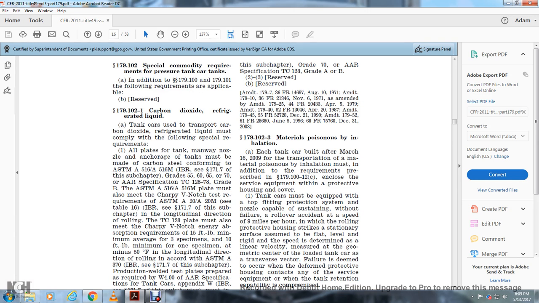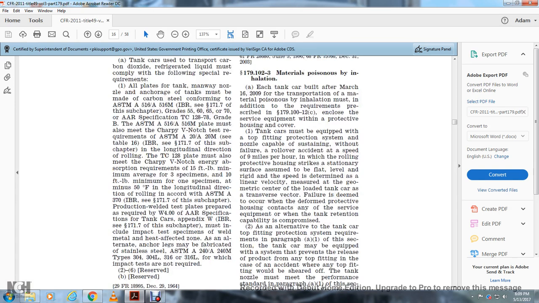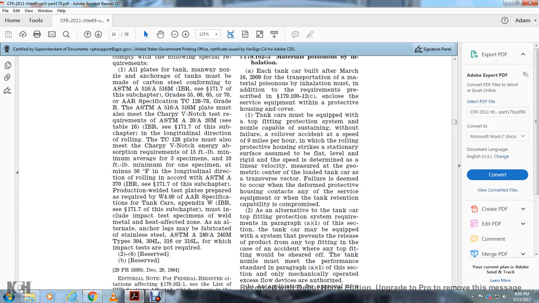See table 16 IBR 171-7 for the subchapter longitudinal direction rolling TC 128 plate must be in sharp EV energy. Absorption requirement of 15 pound for the minimum average of 3 specimens for the town, 10 foot-pound for the minimum of 1 specimen at a minus 50 degrees Fahrenheit. Longitudinal direction rolling according to the ASTM A370 IBR C171C with the subchapter production well tested plate prepared with the required in